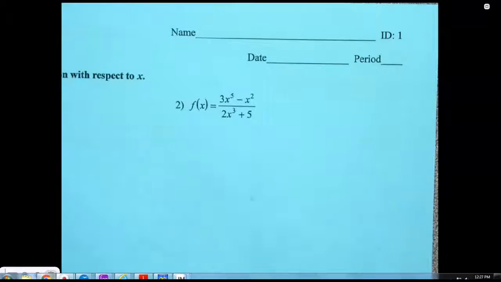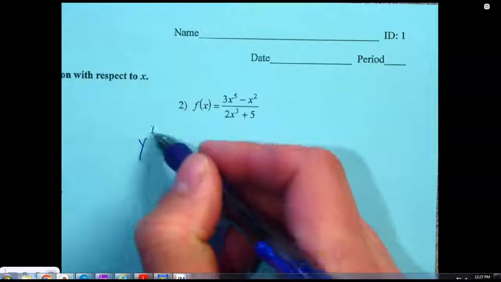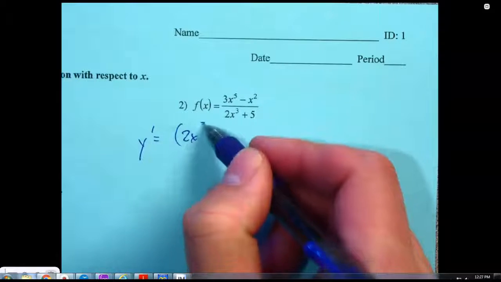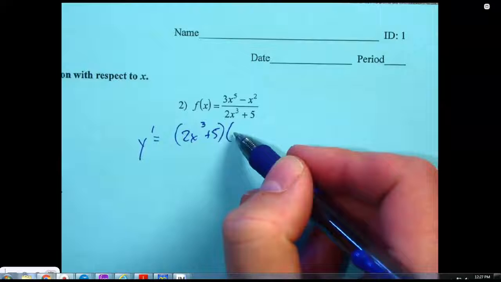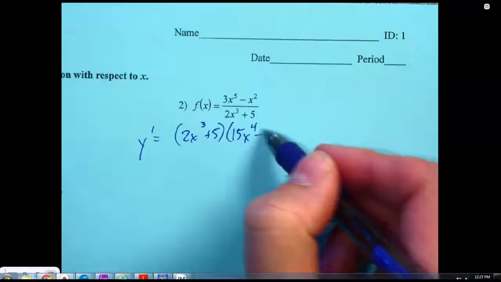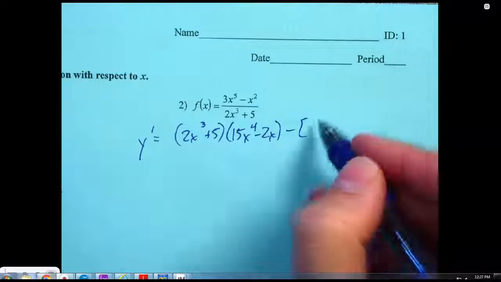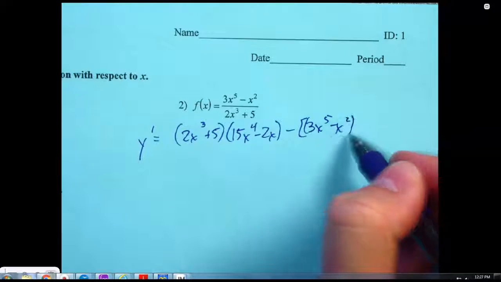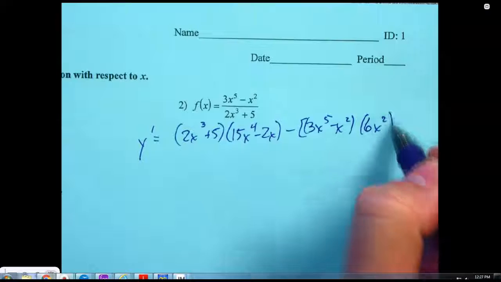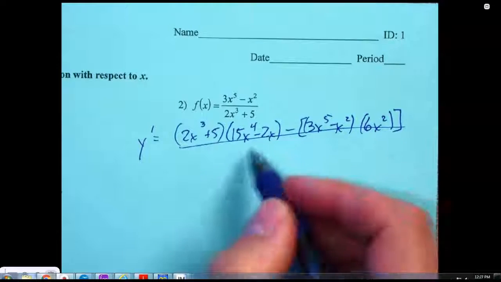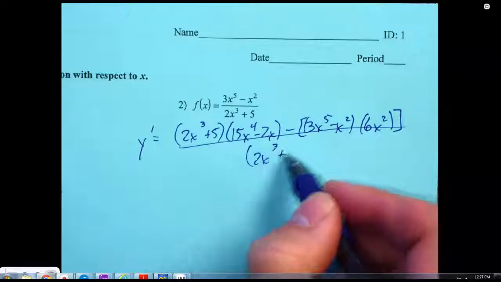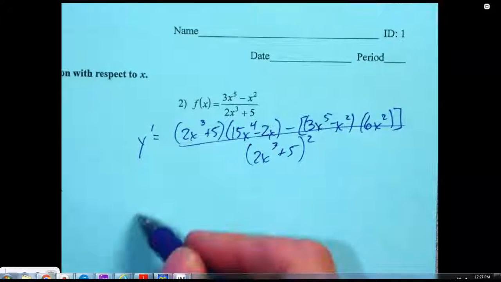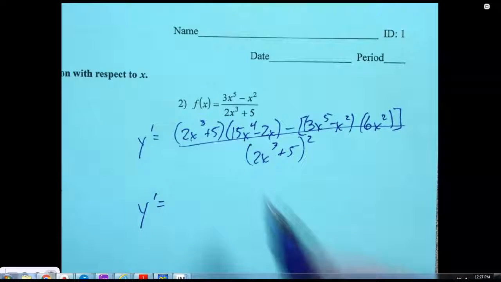Second one is a pretty standard quotient rule problem. So we're going the second times the derivative of the first minus the first times the derivative of the second over, oops, sorry, didn't mean to cross that out, over the bottom squared, and then we're going to FOIL here,